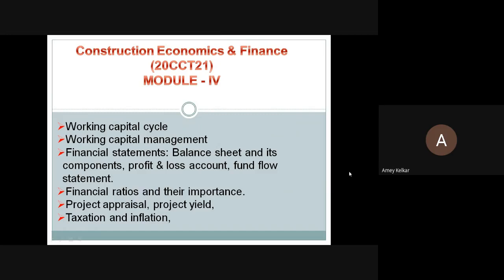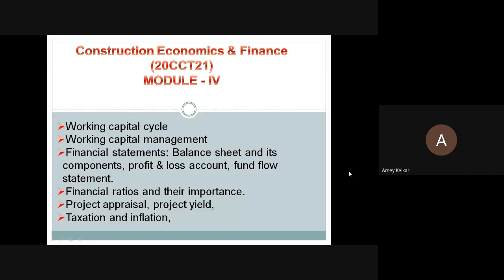So we have completed the first module, all the theory is done and the problems are done. From today's class onwards, we'll be starting with module 4. The good thing about this module is it's conceptual, and from an exam point of view, this module becomes very important. So for your internals, I'll be giving questions from module 1, theory as well as problems, and only theory